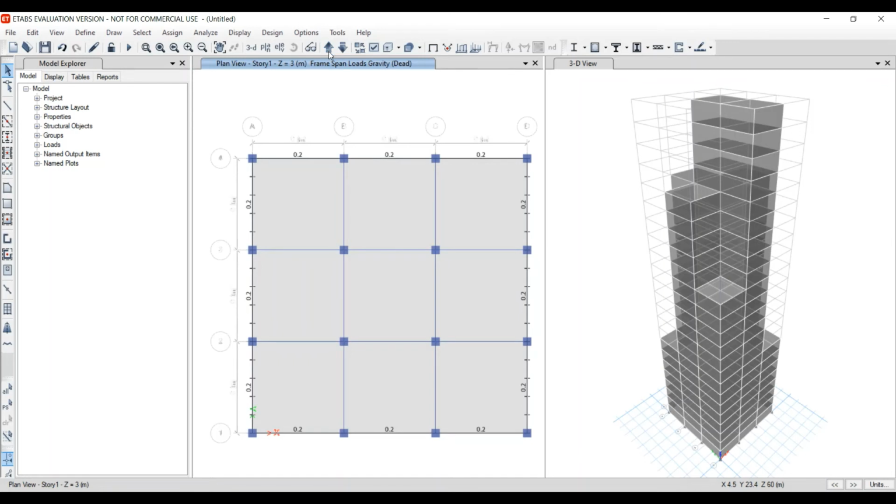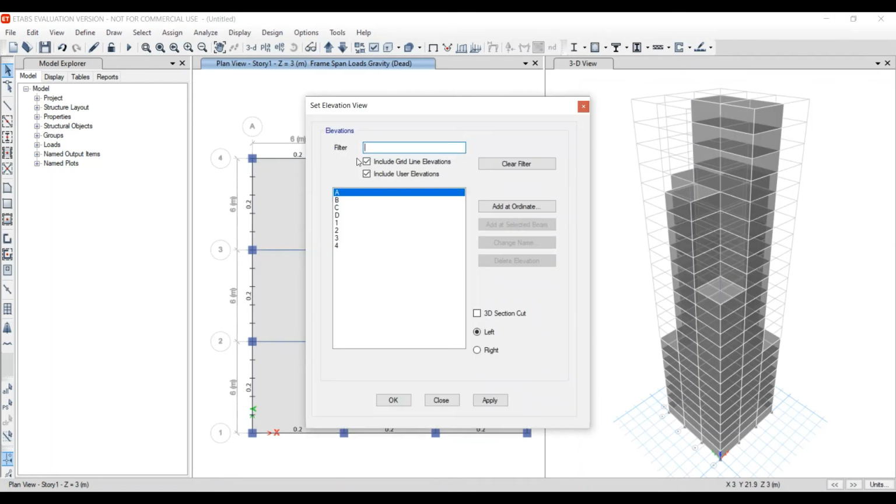Now we are going to assign the wind load for elevation sections. Click on elevation and click on A, click on apply, then OK.